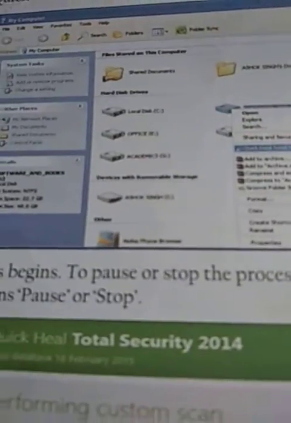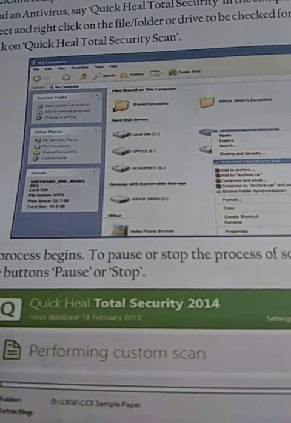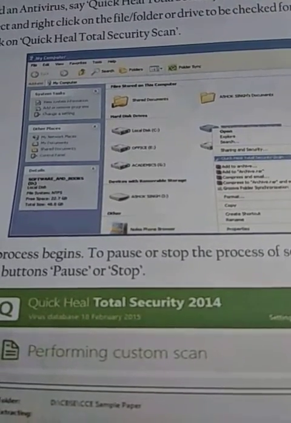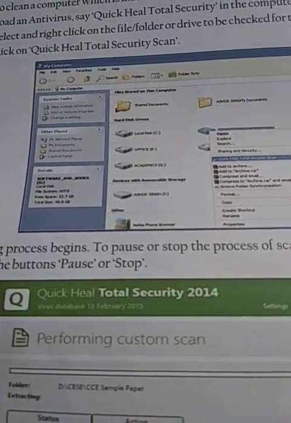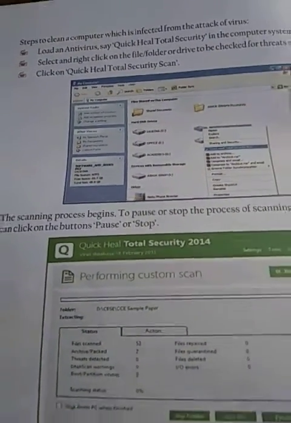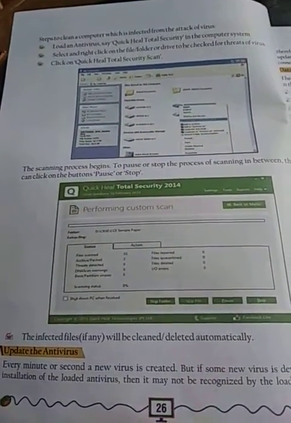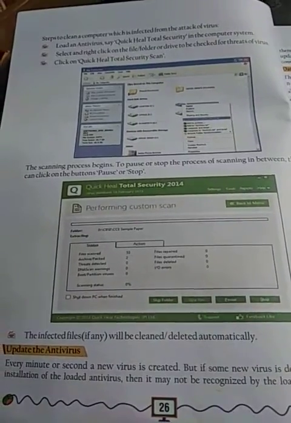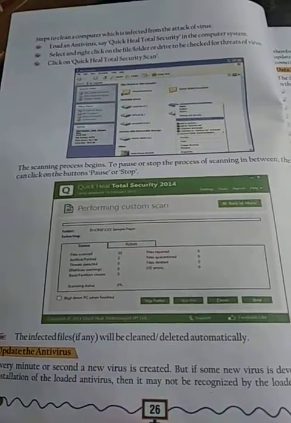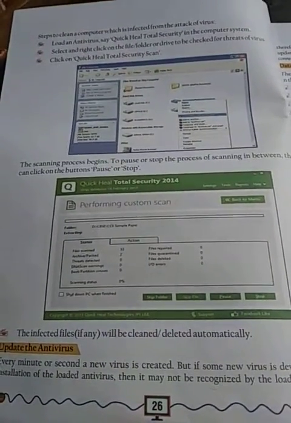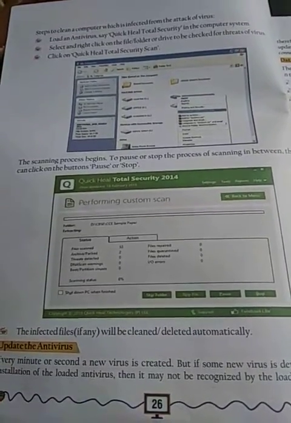Here you see in your book, page number 28, it gives the example that various drives are available. Now you can right click on it, select it, and then the process of scanning begins. If there is any virus present in that system, the software will report it and ask you to delete that particular virus and clean it up.